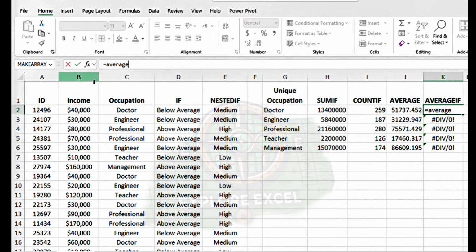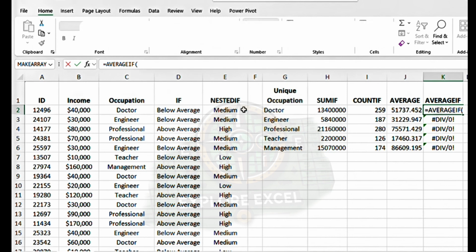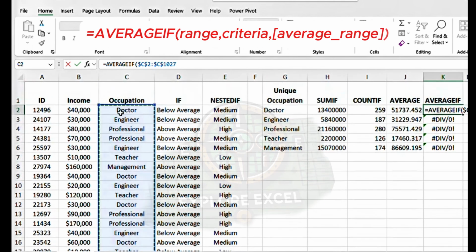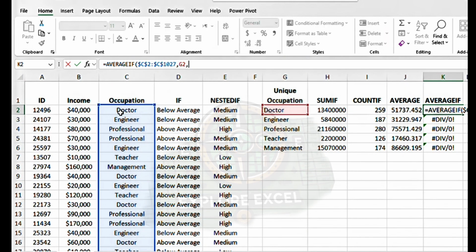Alternatively, simplify this process with the AVERAGEIF function. The syntax is equals AVERAGEIF(range, criteria, average range). For example, to calculate the average income for teacher, write